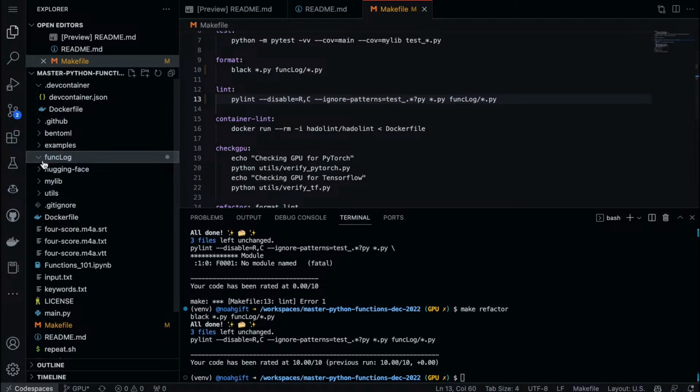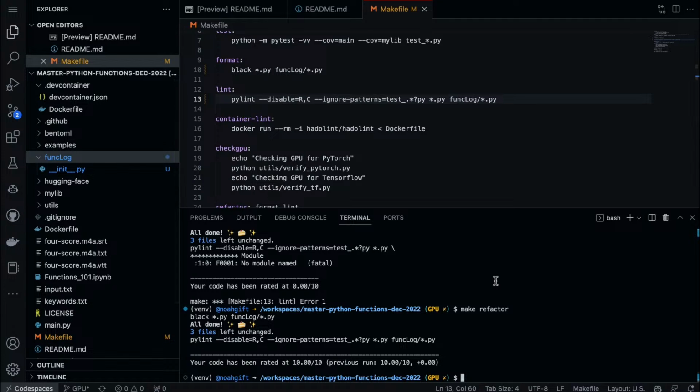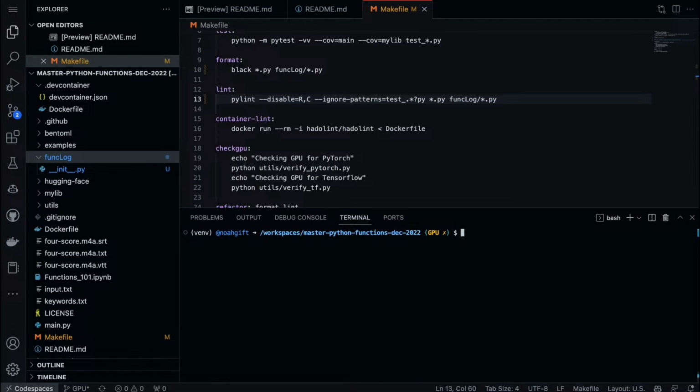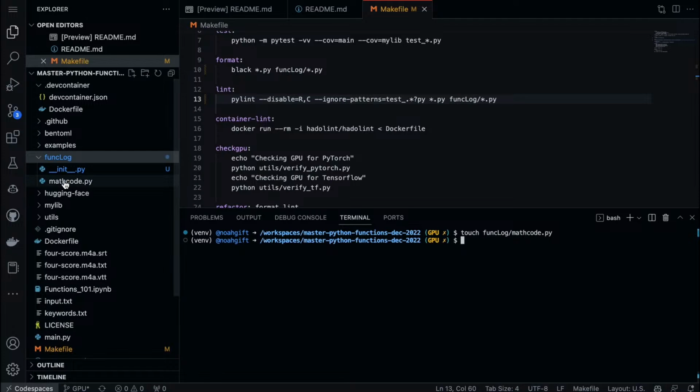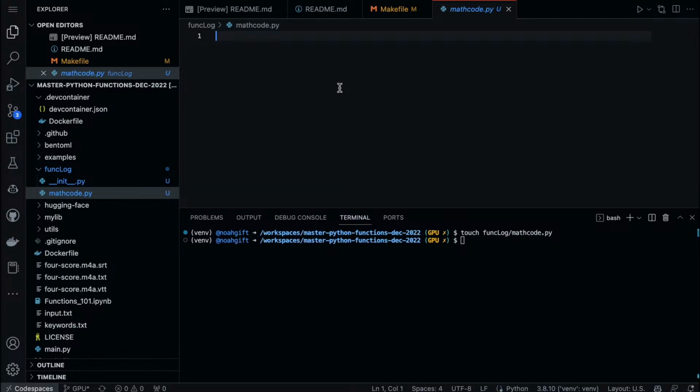I would say the first thing to do inside of a function like this is to make a piece of code. And I think some kind of mathematical function is one of the easier ones to play around with. So let's go ahead and do that first. Let's go here, and we'll just call this math code, like that. And then I can just click here and start building out my math code.